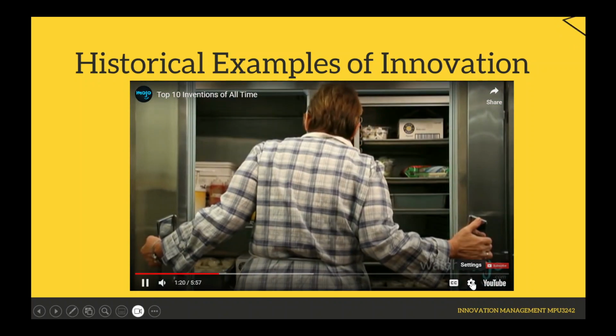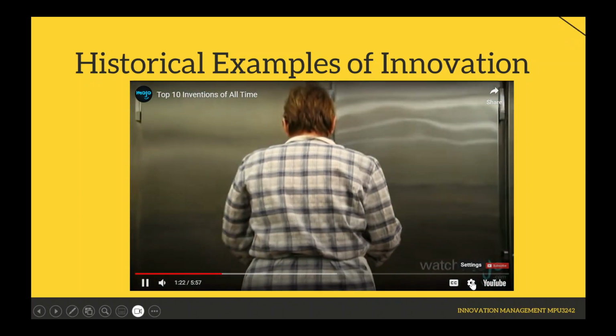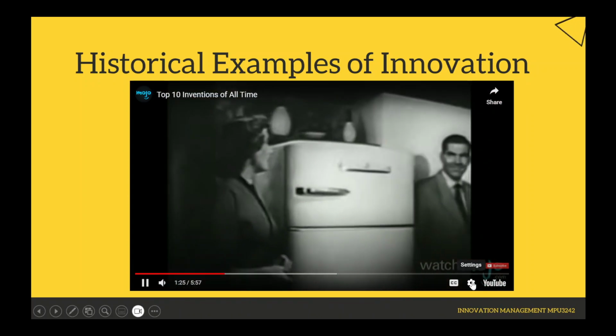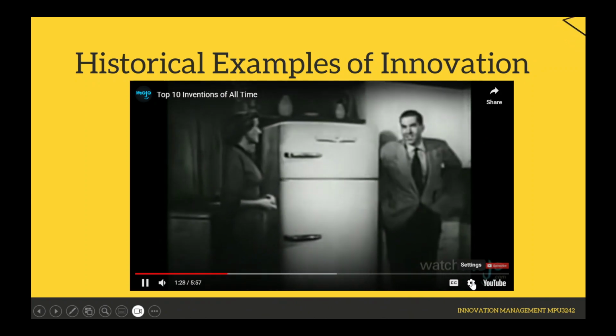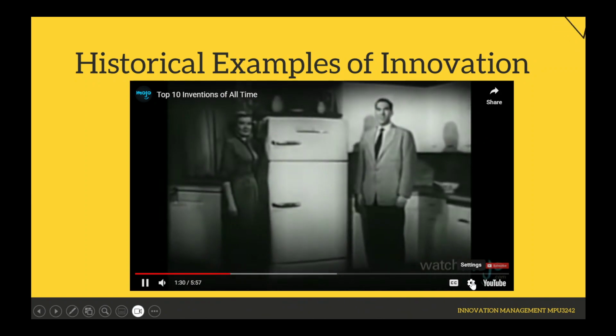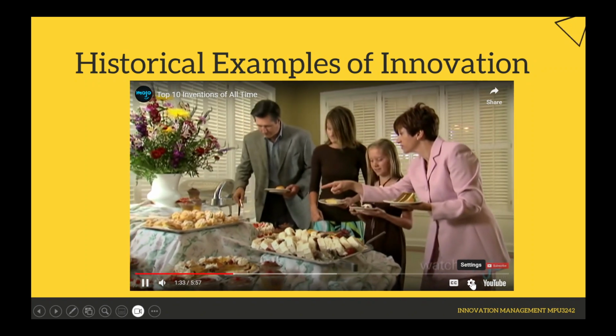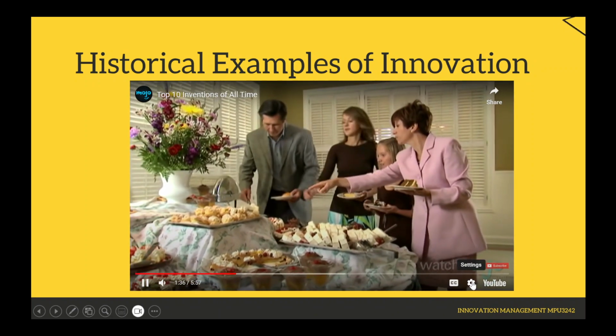Number 8, refrigeration. Though ice was used since prehistoric times to prevent food from spoiling and developing bacteria, the concept of refrigeration was only developed in earnest starting in the mid-1700s. The process was then refined and improved, changing the way the food industry transports and stores food. The implications of this discovery are far-reaching, as it transformed the way we eat and live.